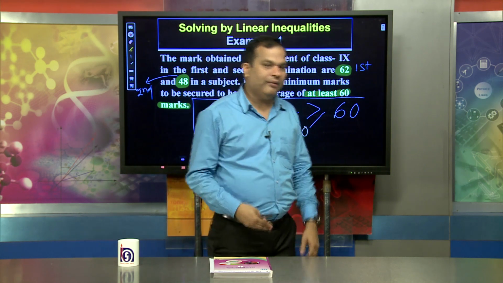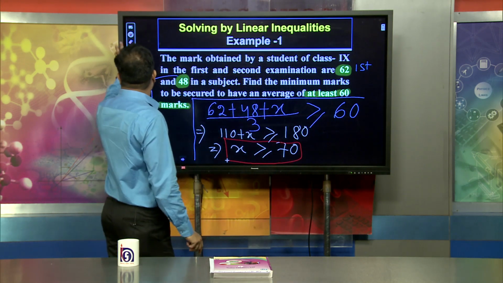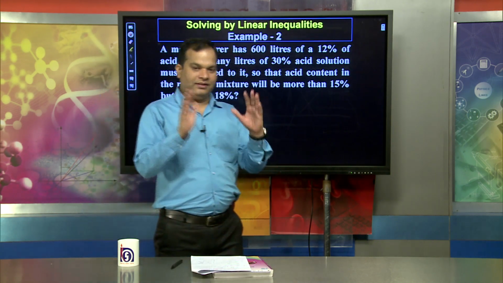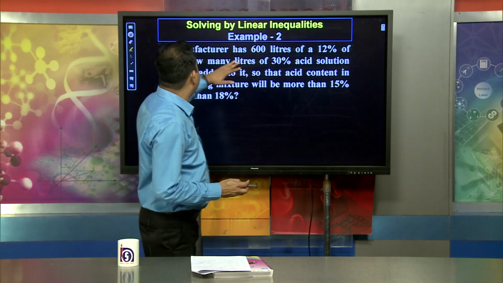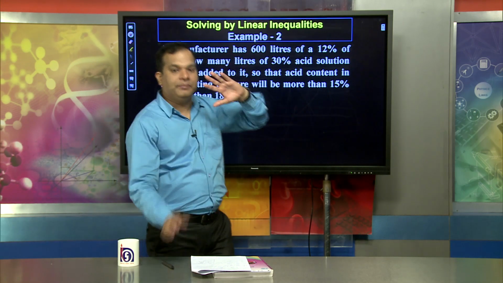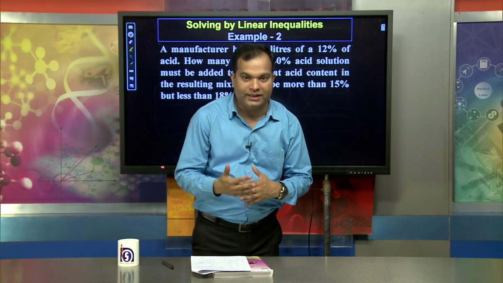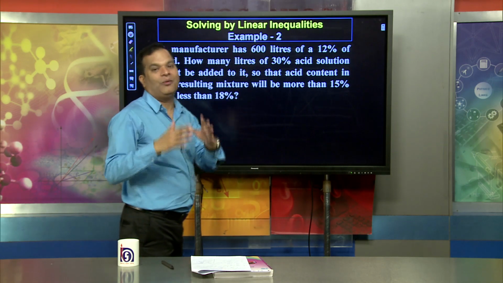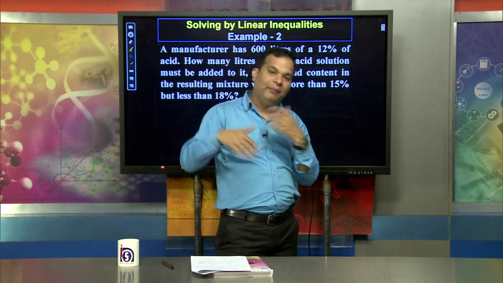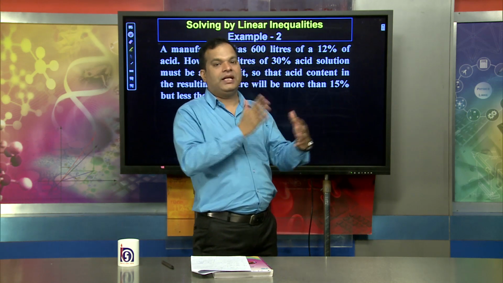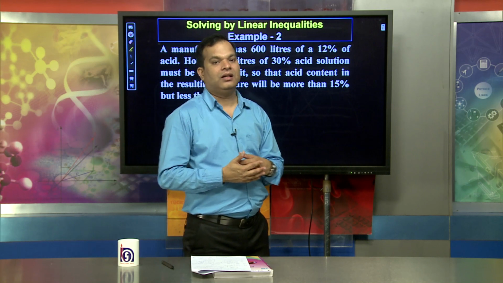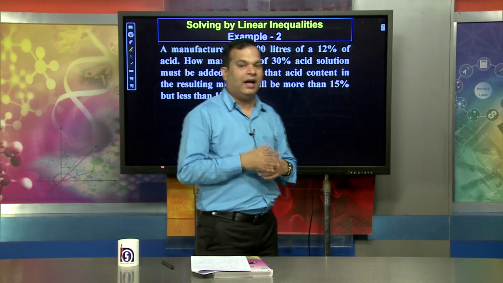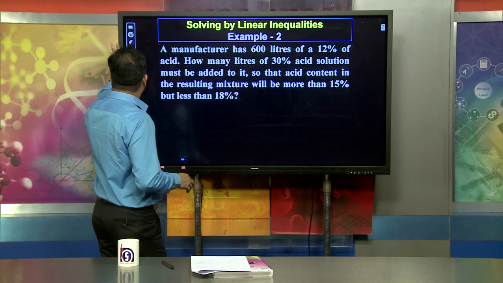Okay, let us move to another problem that we face in our day-to-day life. Dear learners, suppose this is a problem, and this problem can be solved through linear inequality. In this problem, a lot of words are involved, and don't fear the words, because we have to convert the word problem into a linear inequality. That means we have to form a linear inequality here. And how do we form it? You just read the problem.